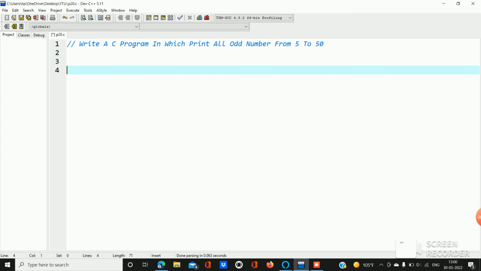So hello guys, in this program we have to write a C program in which we have to print all numbers from 5 to 10, which is odd. Okay, so let's start. #include